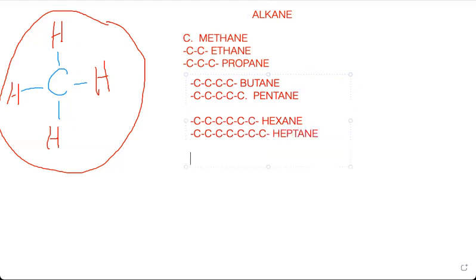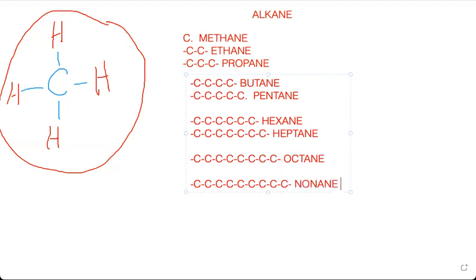Not heptene. That will be hexene. Sorry, that will be alkene. Okay, the last one, or you can say the second last, 4, 5, 6, 7, 8. 8 carbons are there. So this is called octane. You should know about the 9th carbon also. 1, 2, 3, 4, 5, 6, 7, 8, 9. And this is called nonane. That's it. The 10th carbon means decane. The 20 carbons, dodecane. You don't have to learn that much. That's enough. I guess you should know about hexane, butane, and octane in detail.